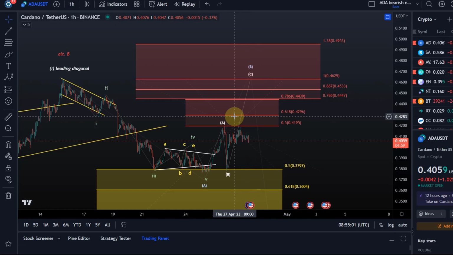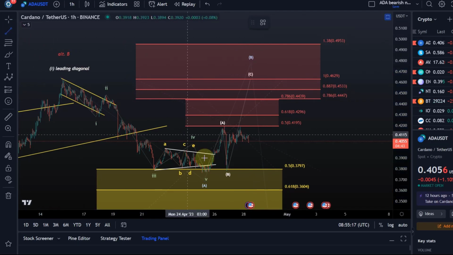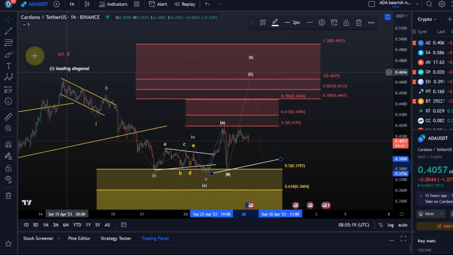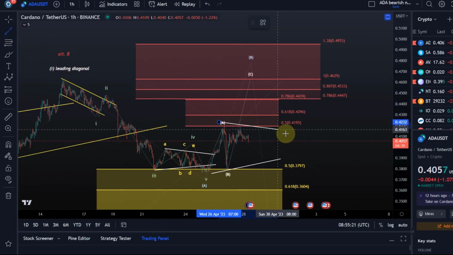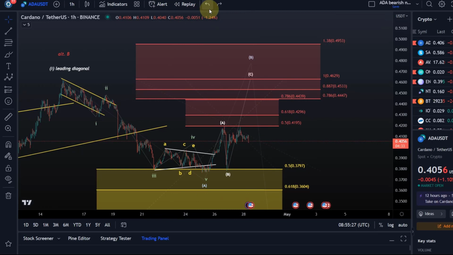Okay, how that unfolds, again, there are different ways. For example, I just showed you one with a 5-wave move to the upside in wave C of B. What is also possible, and I don't want to make it too complicated, but it could be that this B wave just unfolds as a triangle. So we could have an Elliott wave triangle. B waves can be a triangle, something like this,